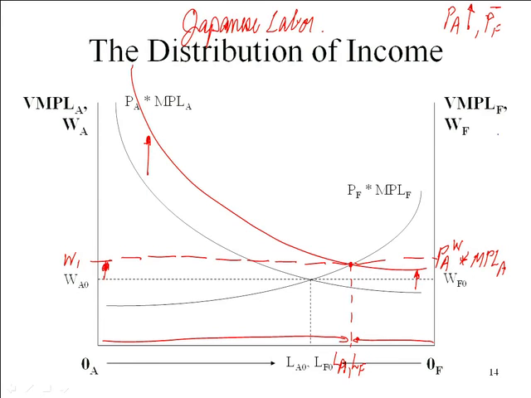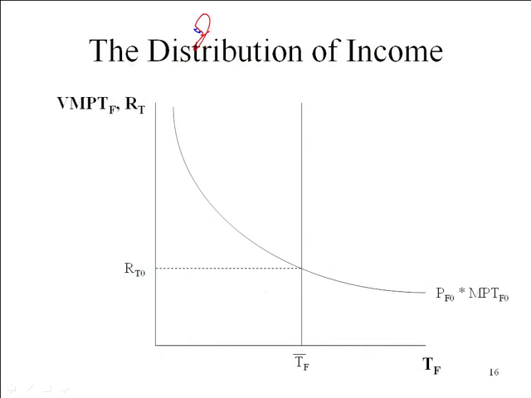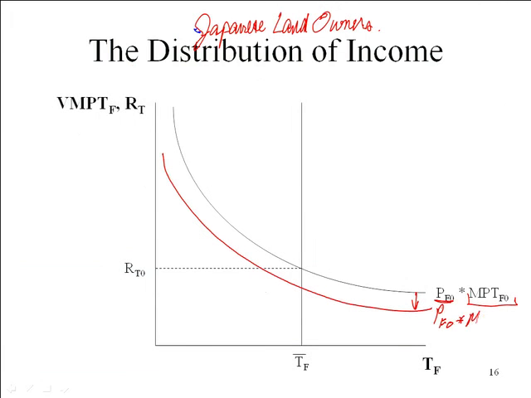And let's see, this is Japanese landowners. And so what happens here? We're leaving the price of food fixed, so we know that can't change. Nothing happens there. So whatever occurs must happen to the marginal product of land. We have fewer workers in the food industry, which means that the marginal product of land will decrease. And therefore the demand for land decreases, resulting in lower return to landowners. Remember, this is for Japan the import competing industry.